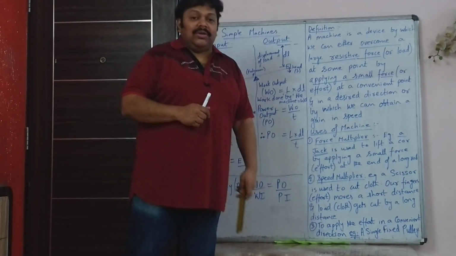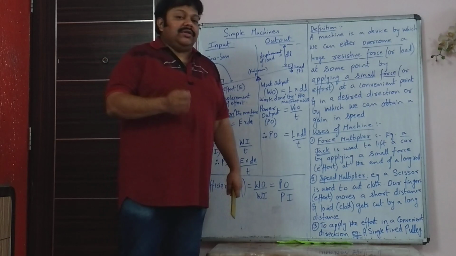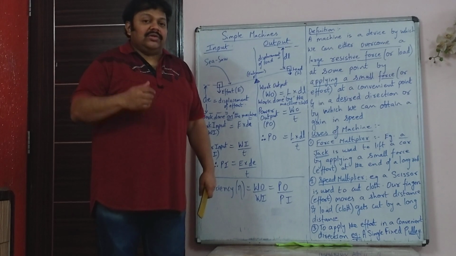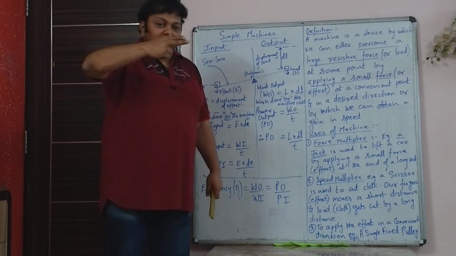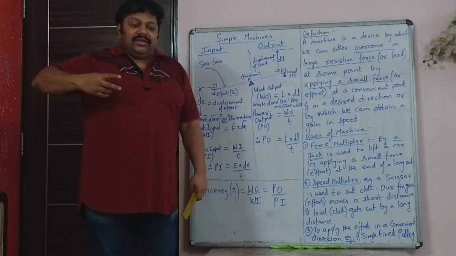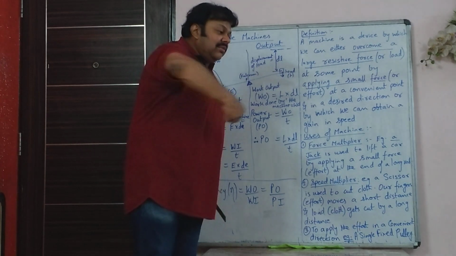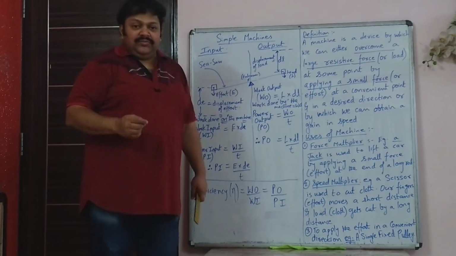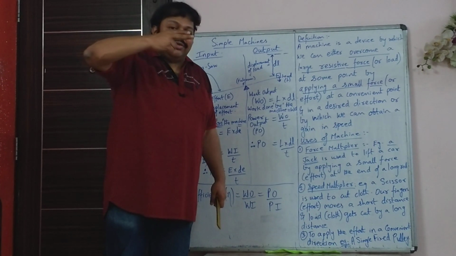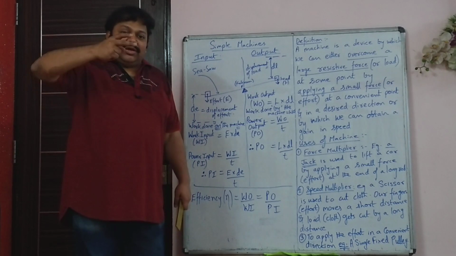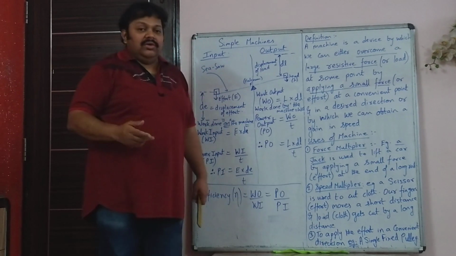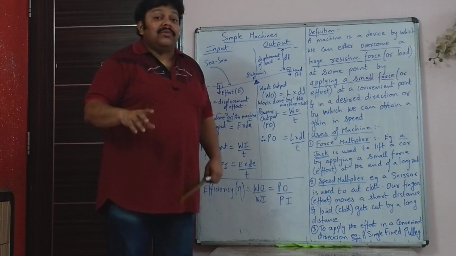Then you have speed multipliers. A simplest of simple example of a speed multiplier is a scissor. What do you do with a scissor? You move your fingers slightly. So your finger is moving hardly a couple of centimeters. And in that time you would have cut through 1 meter of cloth or paper. So that cloth or paper is the load and your finger is the effort. So by moving the effort a small distance, you can cut through a much larger distance of the load. Such machines are called speed multipliers.